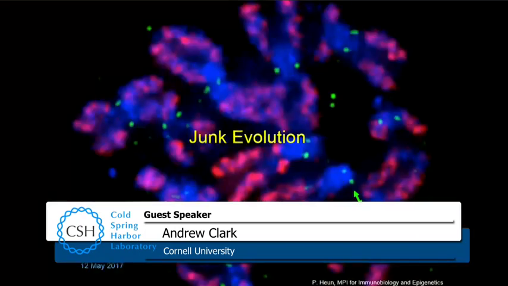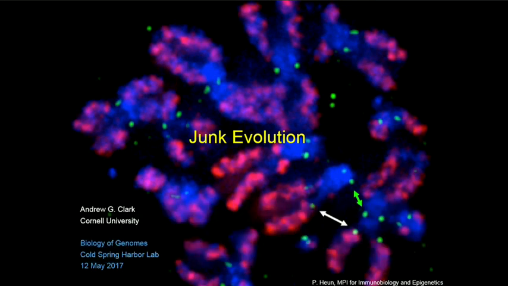Okay, so junk evolution. This is an image of a meiotic prep of Drosophila melanogaster in FISH, fluorescence in situ hybridization. What we're looking at is the red is euchromatin, the blue is this other stuff, highly repetitive DNA. And I'm going to be talking about a subject that composes at least half of the genomes of most of the organisms we're talking about, including flies and us. And despite that fact, only 3 of the 350-some abstracts even mention the word heterochromatin. So I'm going to try to bring you up to speed a little bit.